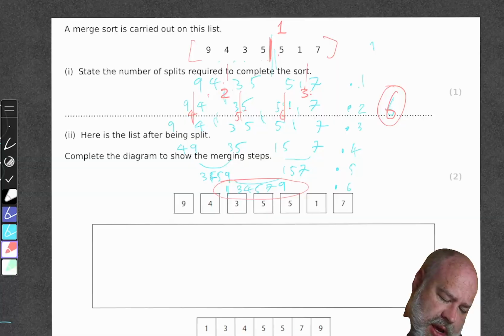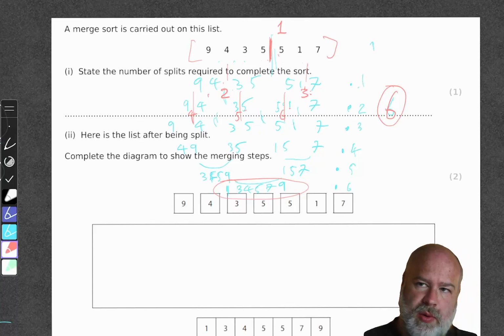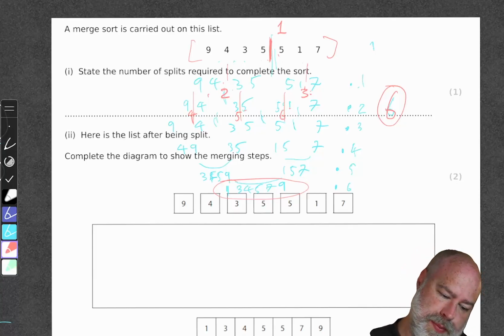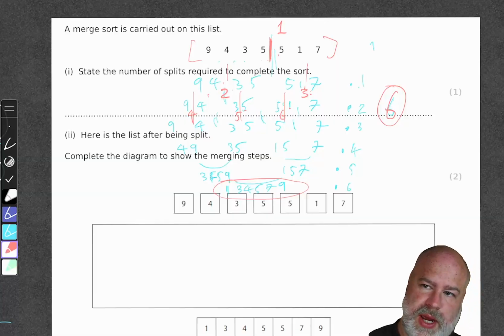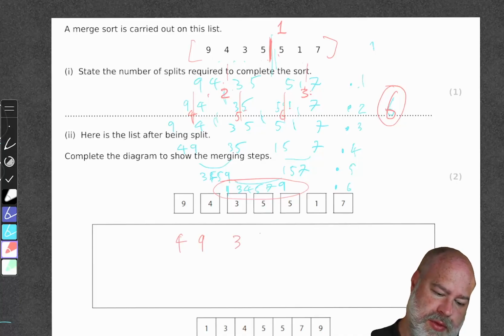Right, here is the list after it's split. Complete the diagram to show the merging steps. Well, we've already done that. I've done the hard work there. So in terms of the merging steps, you kind of have to work it out already, don't you? So what we did was we had 4 and 9, 3 and 5, 1 and 5, 7,